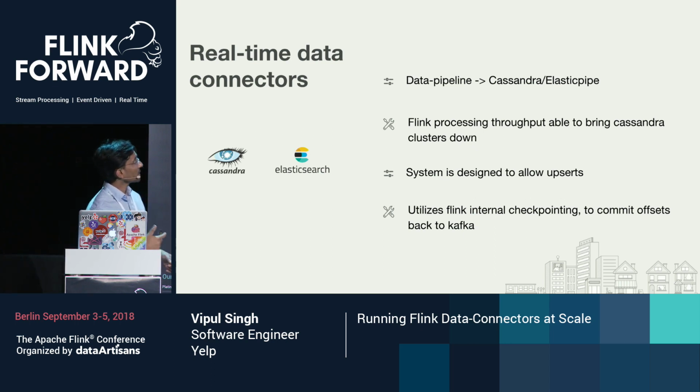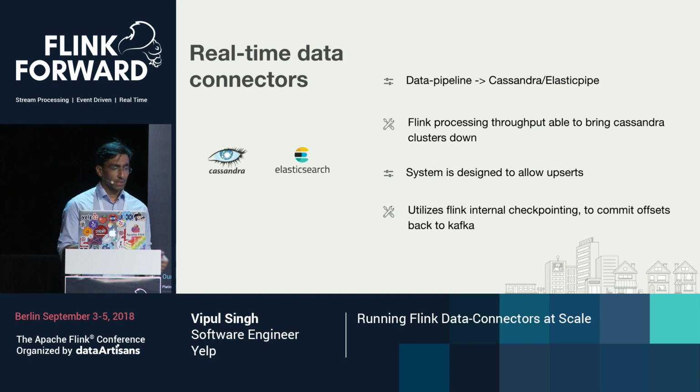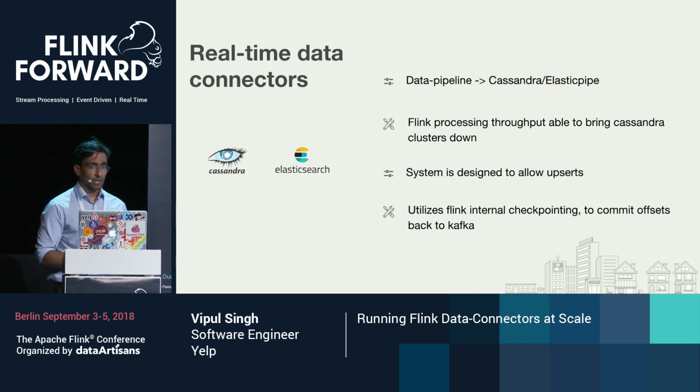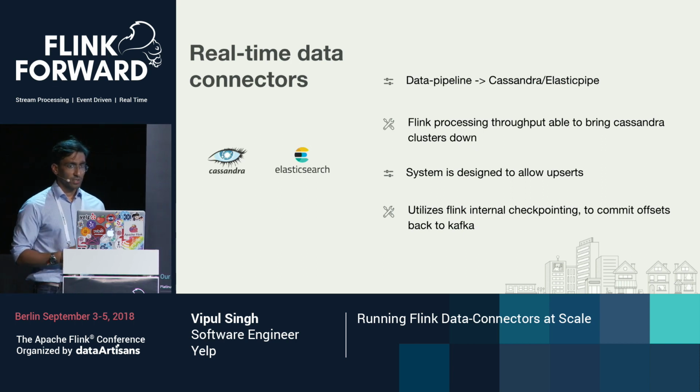One key thing to note about these real-time data connectors is that the system which we have built only allows upserts at this point. We utilize Flink's internal checkpointing to commit these offsets back to Kafka. In comparison, in the batch-oriented style, we use an external state store like Kafka to save this information. In this case, we use Flink internal checkpointing. This ensures that the connector will only commit offsets once all the in-flight requests have been acknowledged. This helps in application recovery and makes the application restart from the last